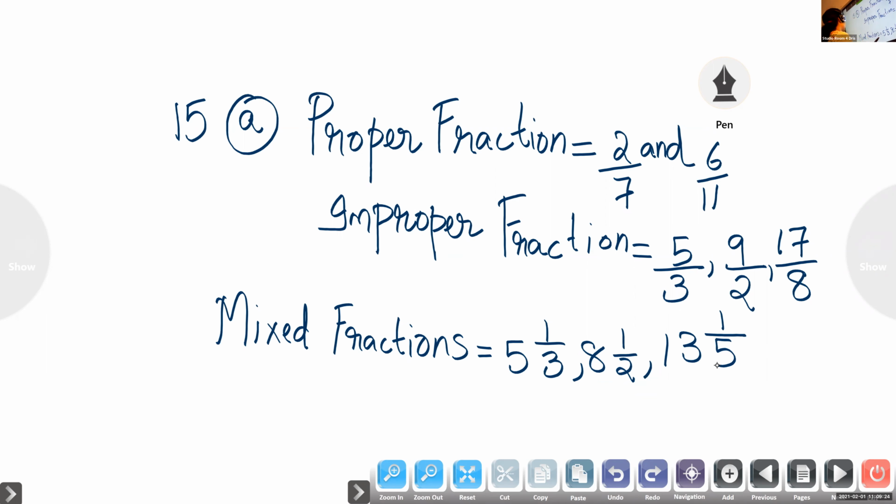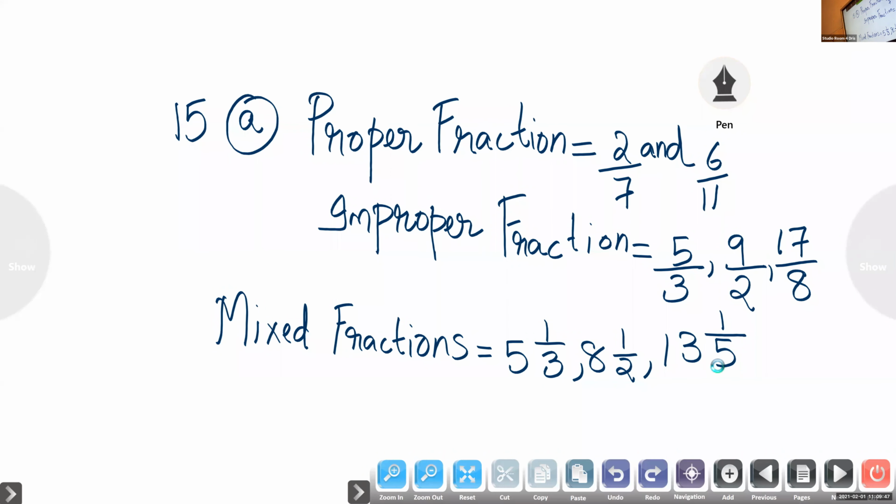So children, this is question number 15A. Shabari and Niranjan, are you there? Are you writing? Children, you have to write it faster. Okay, ma'am. Proper, children, question number 15A, all of you write it fast. And then question number 15B, you have to do same like this. That is homework. Question number 15A, children, all of you listen here again.